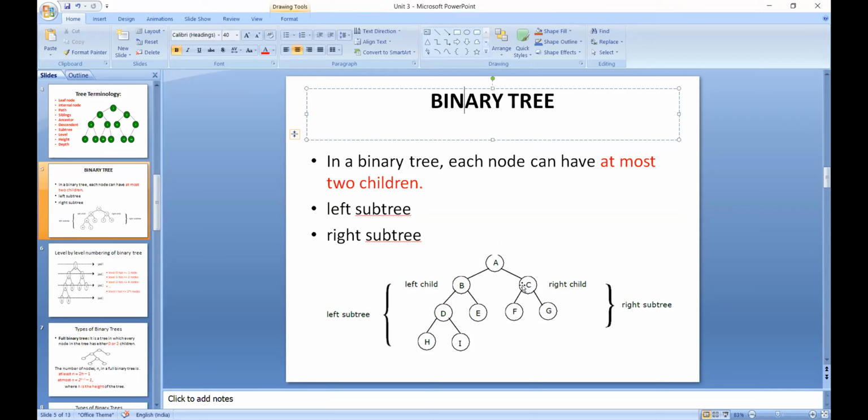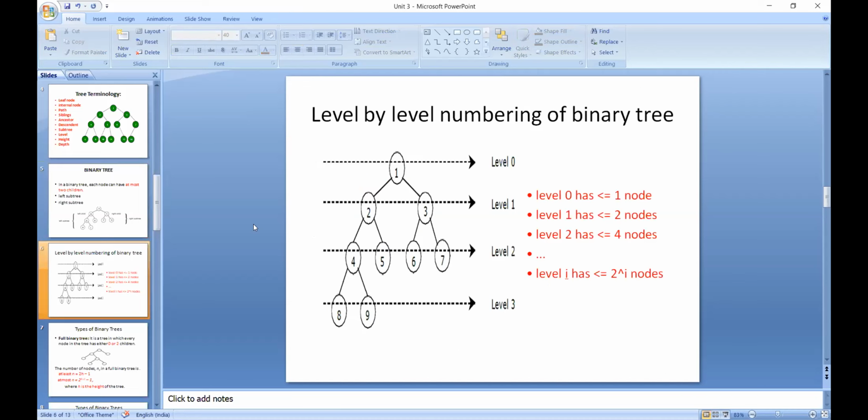Who is the right subtree of C? Since it has only one element, we can say it is a child or the subtree. That's all. So C has a right subtree of G. Who is the left subtree of C? This F. So this is about binary tree, and we've seen the levels. So level 0, the root node, is level 0, and the node which is at the deepest node is